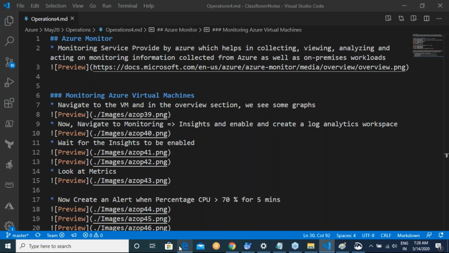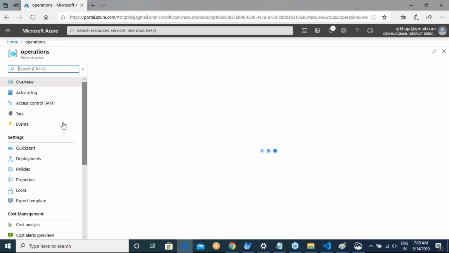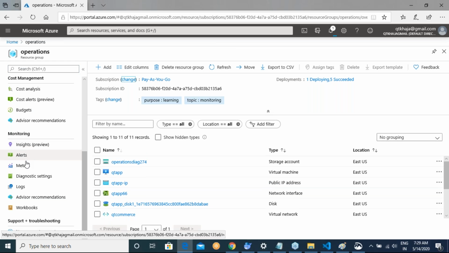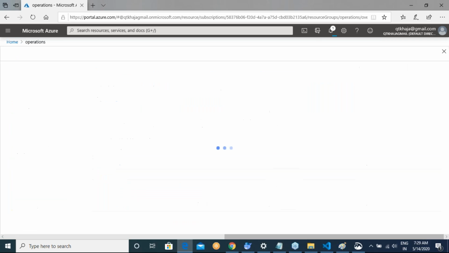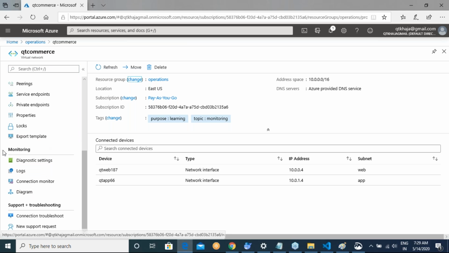If you go into any resource in Azure, so let me go into any resource in Azure. Even at a resource group level, there are monitors and alerts which you can place. There are logs which you can look into. This monitoring is available for literally all the resources. Right now I'm in resource groups, so I'll go into virtual network. For virtual network also there will be certain monitoring. You might not see the exact same stuff, but you will be seeing some kind of monitoring.